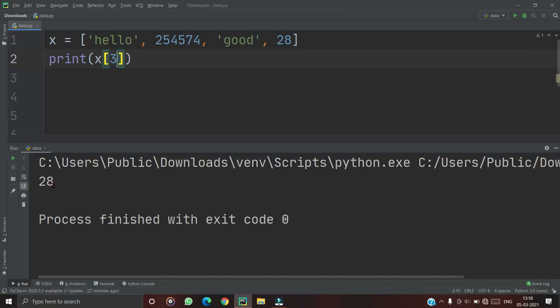So how can I update the list if I want to add any element in the list?